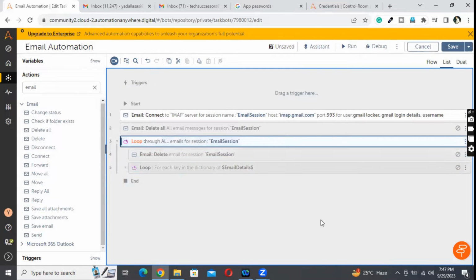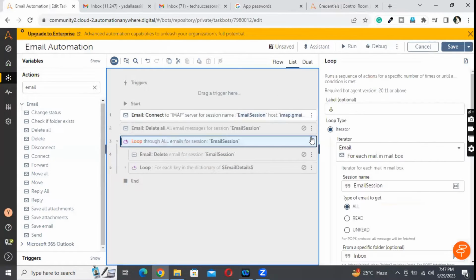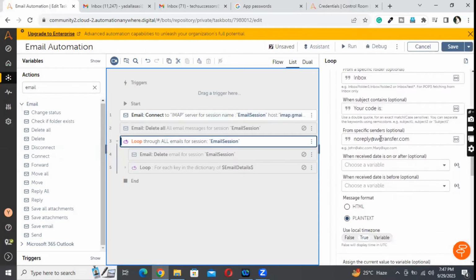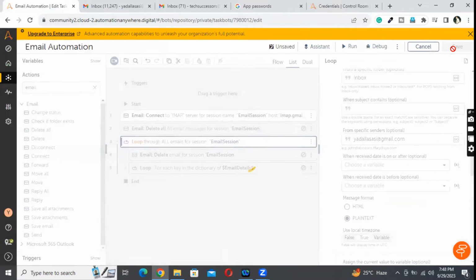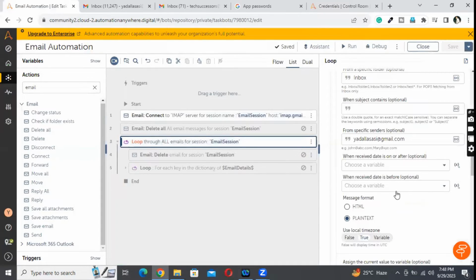So here I would like to perform the filter. I don't want to check against the subject. I just want to check against the sender. Sender should be my other email. So if any mail is received from this ID, that attachment and